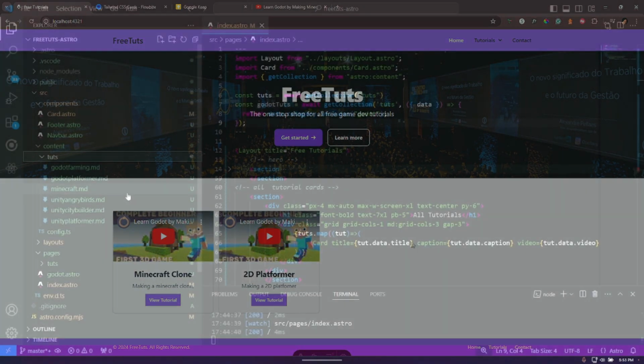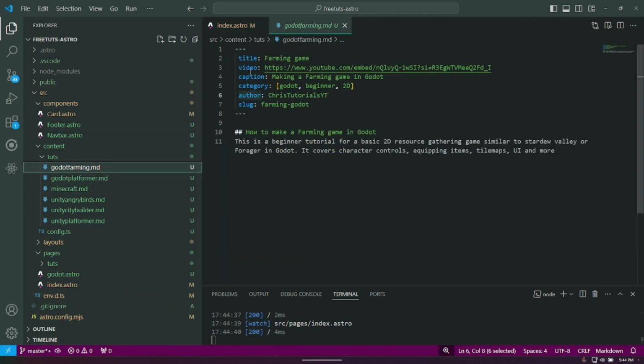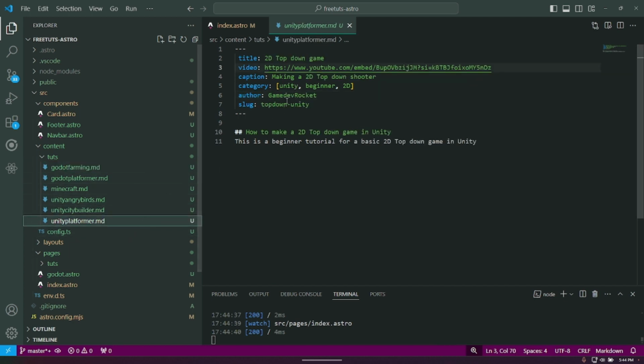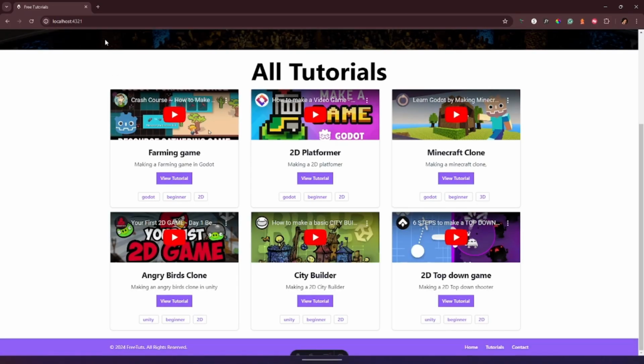And now, okay, so I've made a few Markdown files, which have the title, the video, the caption. Made a few in advance, just with the author name as the YouTube channel name as well. Making sure that the video that's embedded is the embed link. And now if we look into our homepage, we have all of those Markdown files being referenced